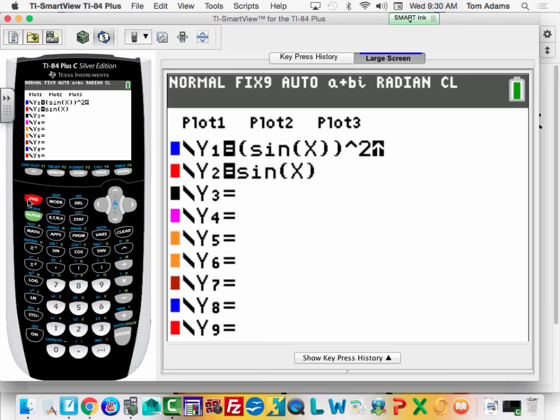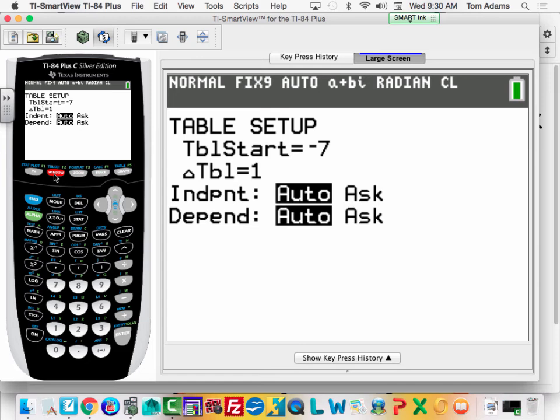So I hit second, then I hit window, and what I want to do is start with 0, and then I want my table increment, my delta x in this case, to be pi divided by 3. Actually, I'll do pi divided by 6. Why not 3? Pi divided by 3 would be fine, but I want it to be